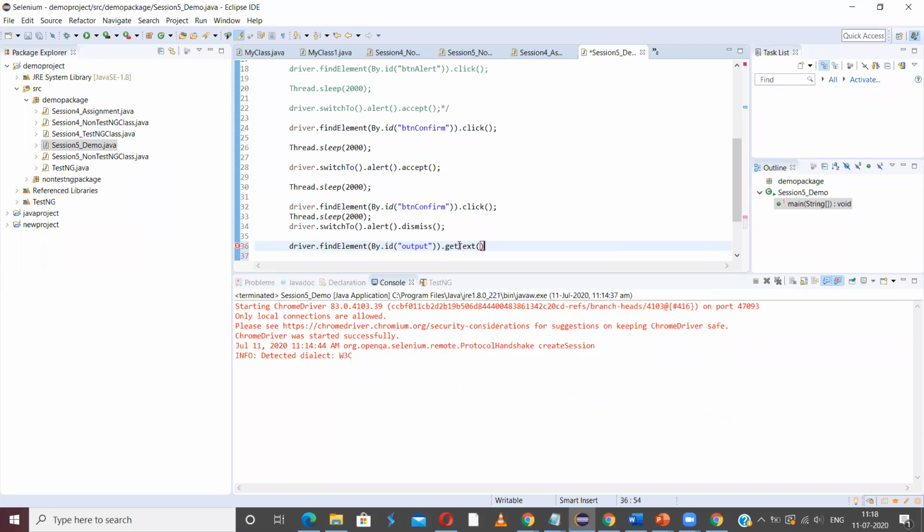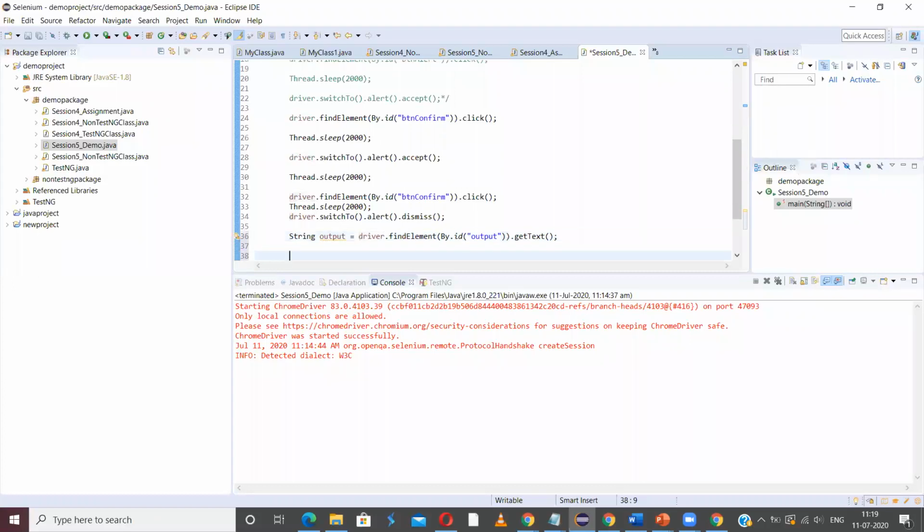So whichever text is returned, we are getting. So let us get this into a string. Let us name this also as output. Okay, we are getting this into output.